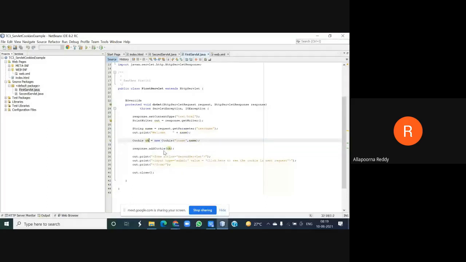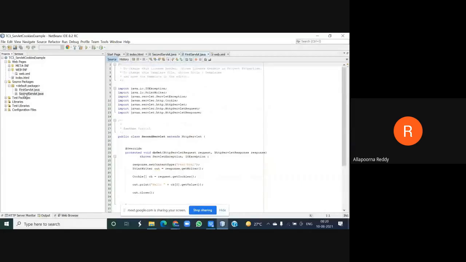And then once that has been done, I am redirecting once again to my second servlet. There you have mentioned the form action, that I need to move to my second servlet. Whenever I click on it, I am going to my second servlet. And what is the type of that one? Submit I'm going to maintain, right? The name of that one is submit, and what is the value? Click here to see the cookie in the next request. You need to see what your cookie is. I can find it in my second servlet. So I'm making this clear: I can find it in my second servlet.